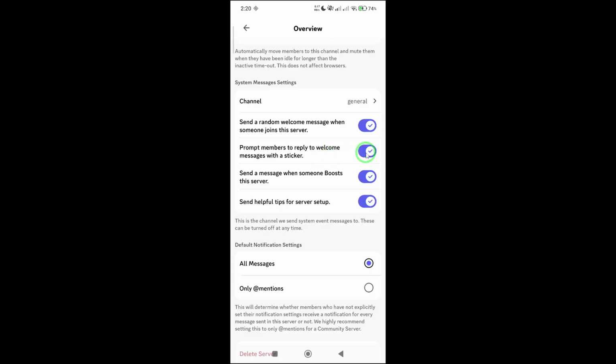To disable it, simply toggle this option off. When it's off, new members will still see your welcome message, but they won't get the prompt to respond using a sticker. That's it. Once you've turned it off, you don't need to save